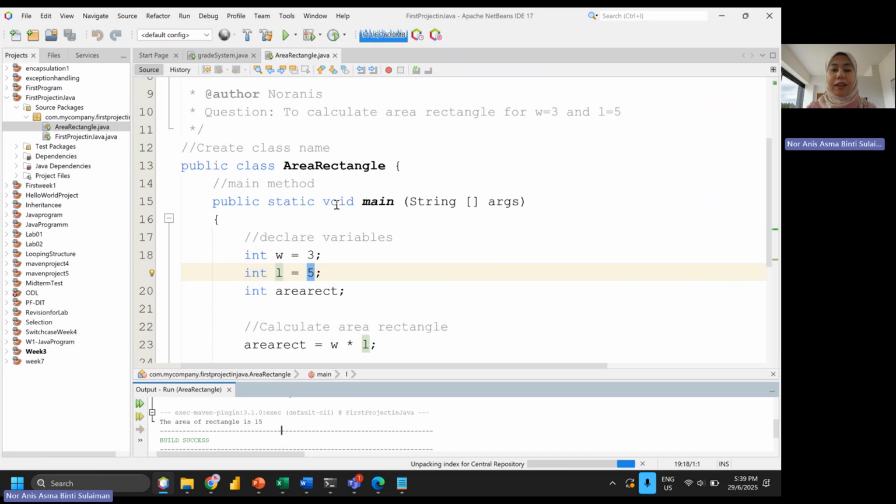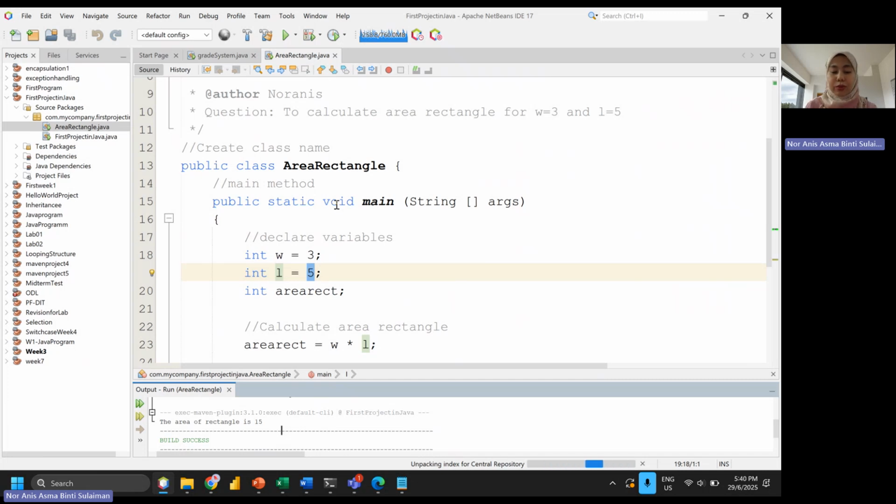Okay, after that, we declare the variable. Variables depend on the case study. So you need to understand the problem. First, identify what the input is and what the output will display. Then you can set up the variable names. After variables, usually we deal with the input. So you need to ask the user to key in input. There is a syntax to call the input. So later I will show it to you.